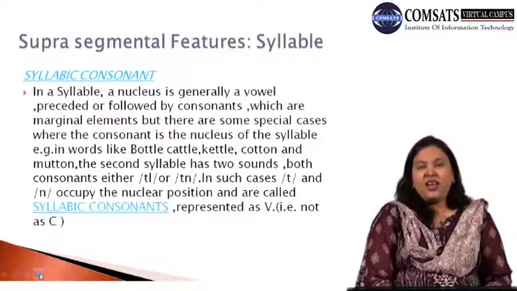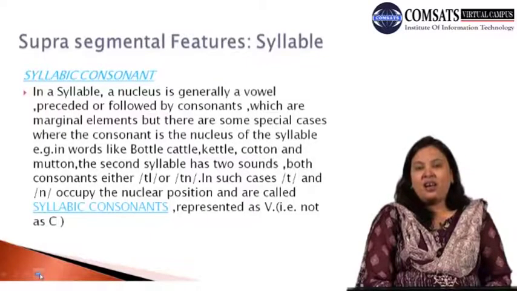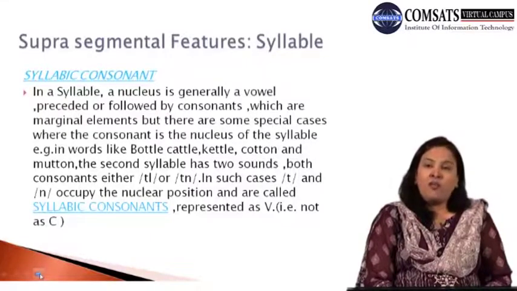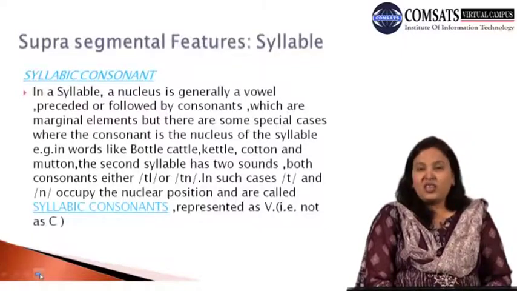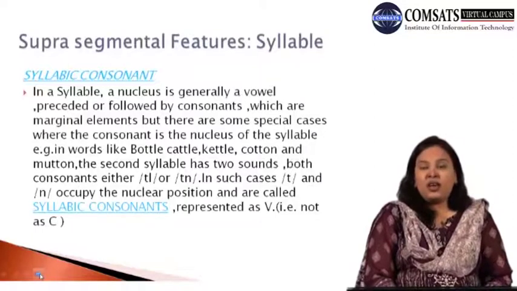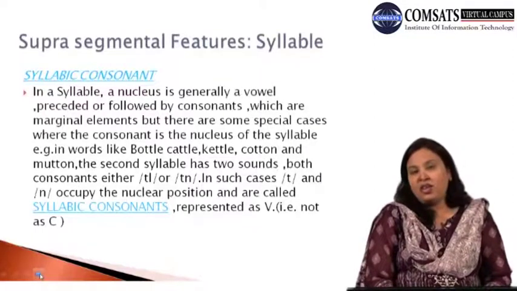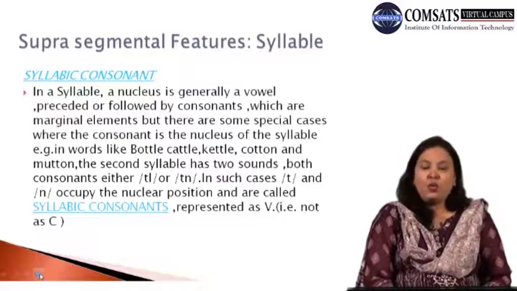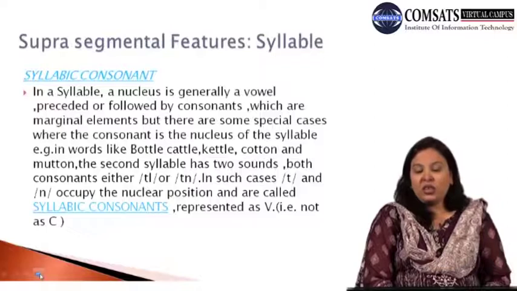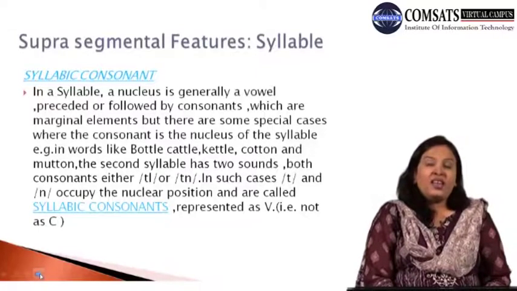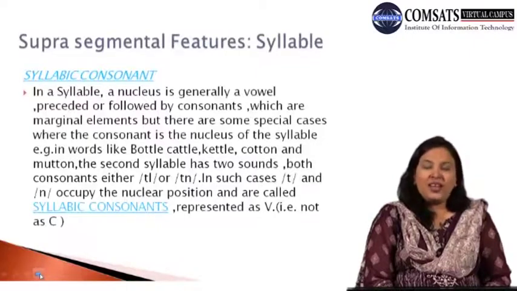second syllable tull has only two sounds, that is ta and la, and they are not having any vowel in between. So in such cases where the consonant occupies the central or the nucleus position, they are known as the syllabic consonants, and they are usually represented as V, not as C. Keep this in mind, that when there is a syllabic consonant, a consonant taking the position of nucleus, but